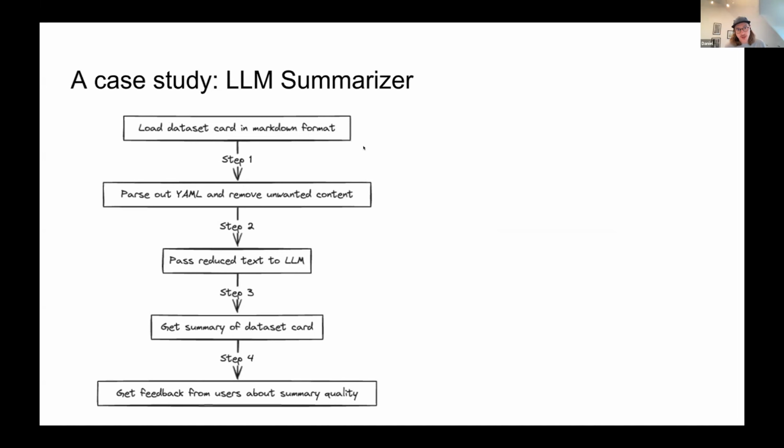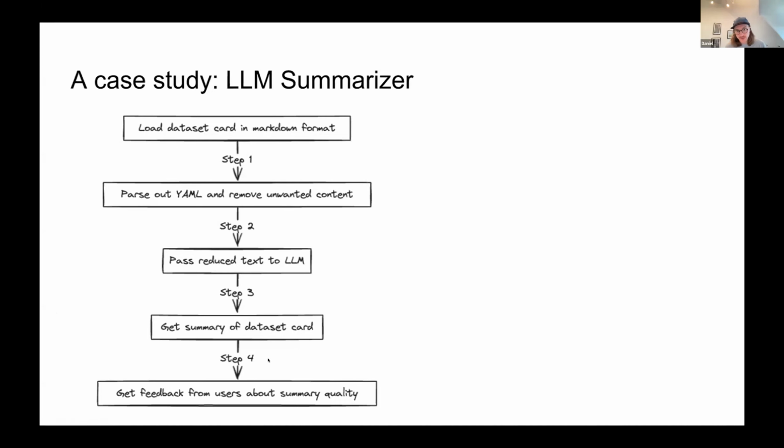So, as I mentioned at the start, you do a bunch of processing with the markdown, and that will also be processing that you'll carry over to the actual deployment. In the markdown, you have a lot of stuff that you probably don't even want to pass to a large language model because it's just formatting or content that's not very informative. You might want to remove some of this YAML,